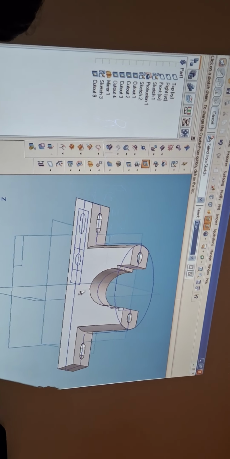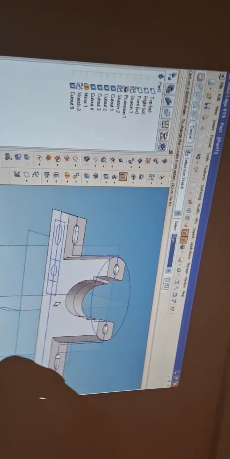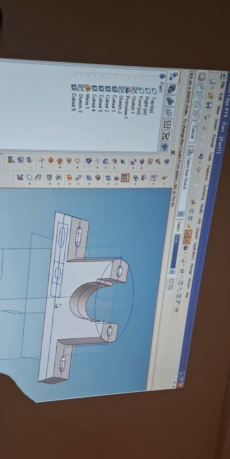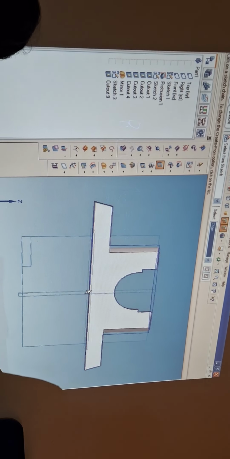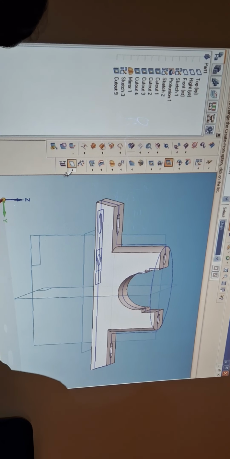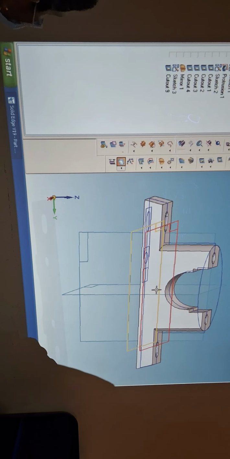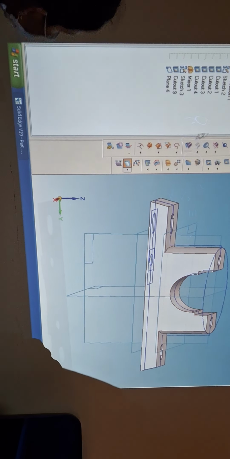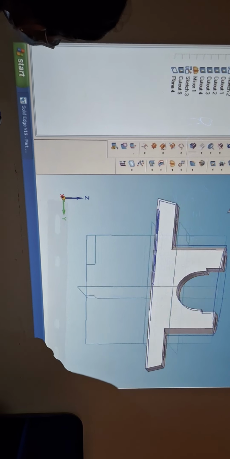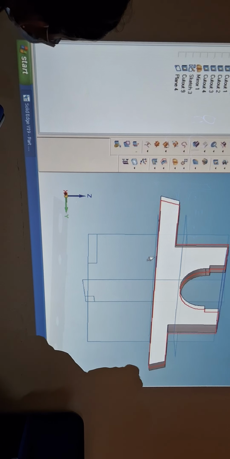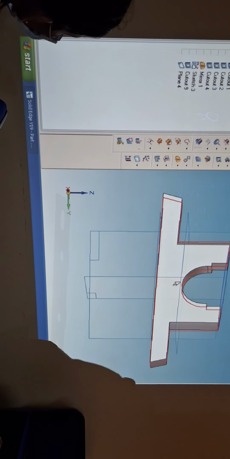This is small. What is the depth he has given? 6, diameter given 6. So how to do it? You should be very careful. What is the option which I am selecting now? Line, parallel plane. Select this till this edge. Just keep it there. What have I created? Because the parallel plane is here, I have taken the parallel plane till it touches this.